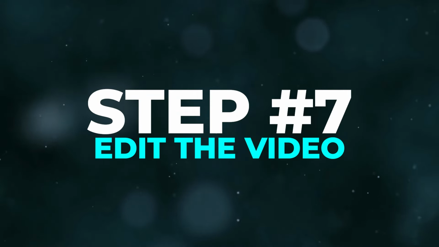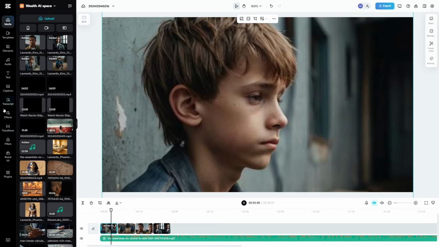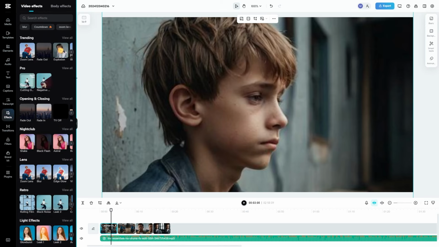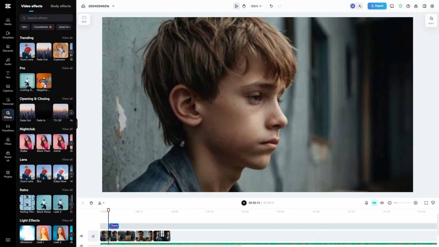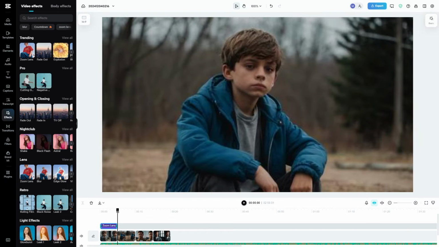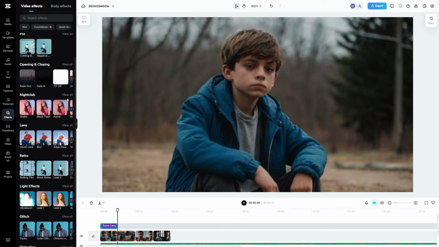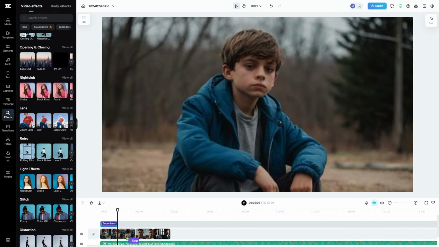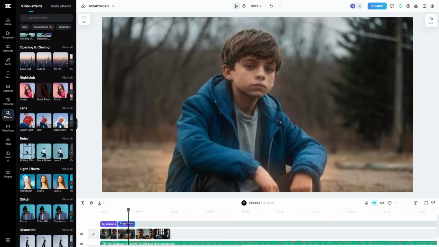Step 7. Edit the video. I put everything together in CapCut. It's as simple as dragging your voiceover in and then lining up the footage. To make it super fast-paced, I made sure I had a lot of images and that I was adding effects to make it seem like there was a lot more movement than there really was. For example, I would use the zoom-in effect a lot and add background sounds. CapCut is crazy easy to use, and because I had everything set up well from my last steps, this wasn't as tough as I was expecting it to be.